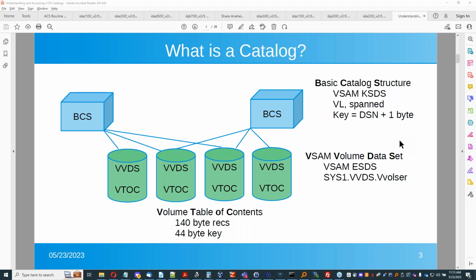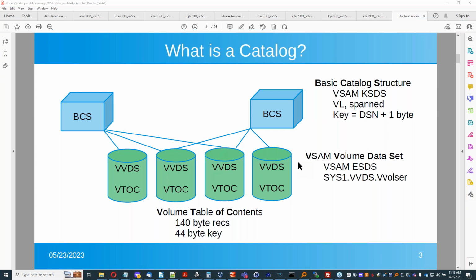They can't be managed, and so they're like library books that are outside of the card catalog, and no one knows about them. For SMS managed data sets, though, the golden rule of SMS is that the data sets must be cataloged. And so there's an entry in the BCS, and the second part of the catalog is the